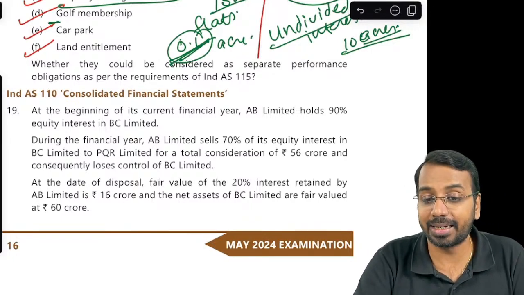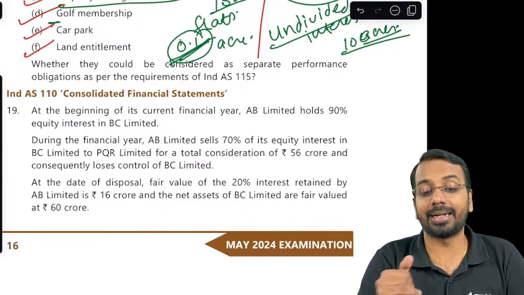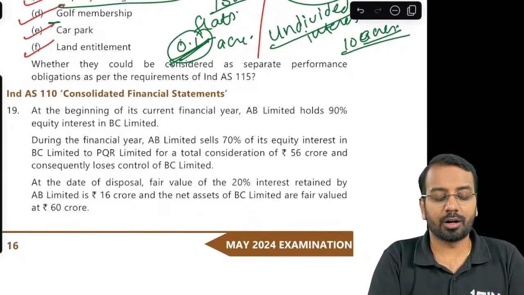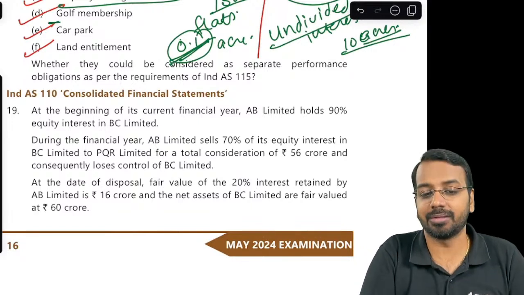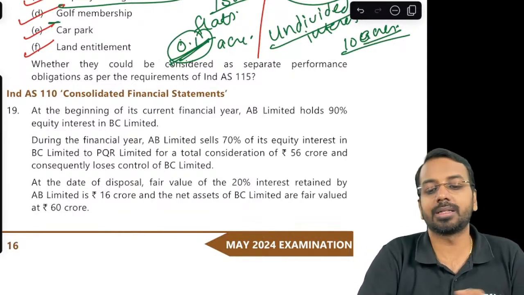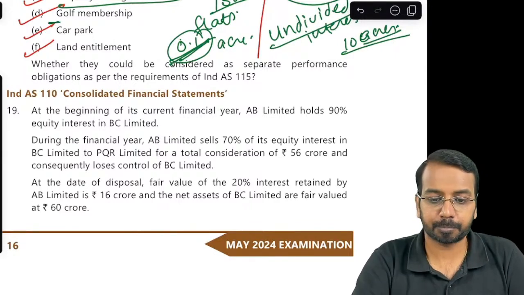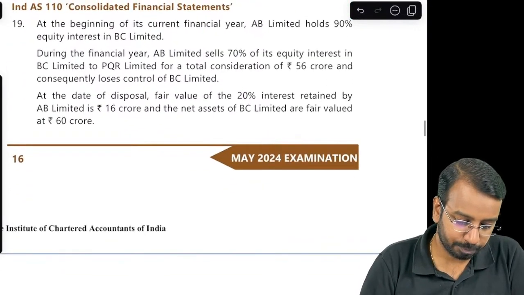Same way, land entitlement. Now when it comes to land entitlement, generally it's an integral part of the property transfer. You cannot say that I'll enjoy the land separately. That is not possible. So that cannot be a separate performance obligation. Right? So that is one thing. Then